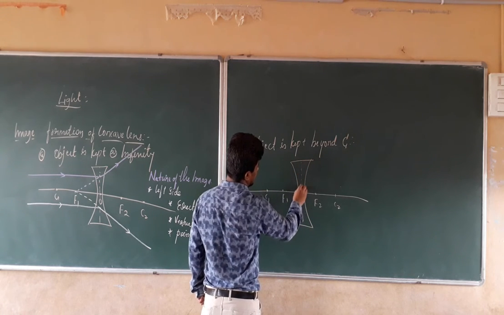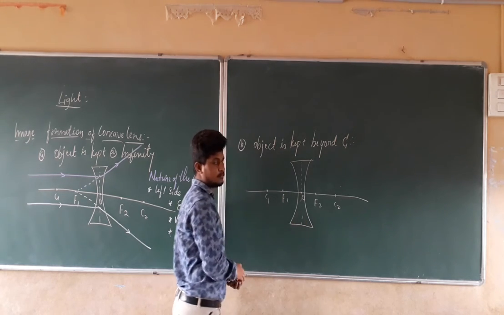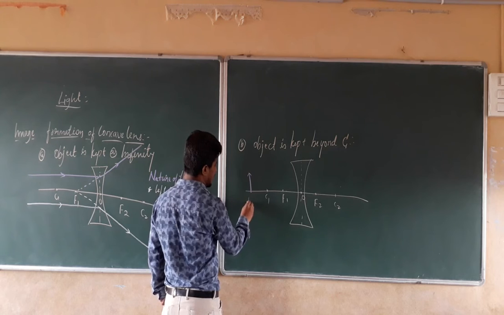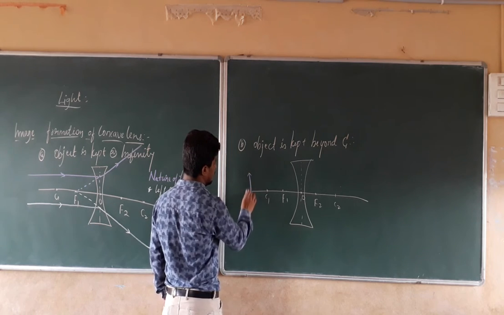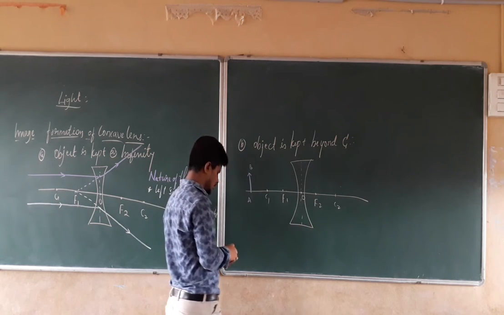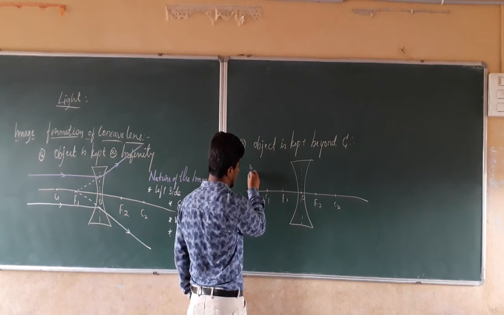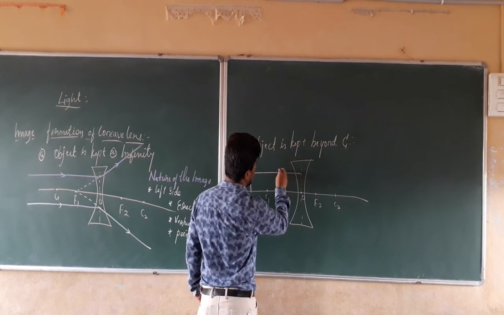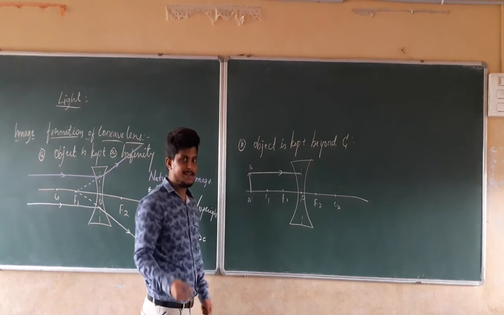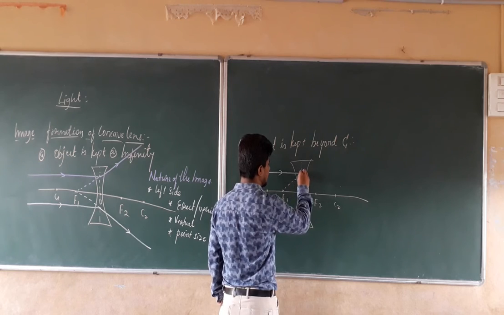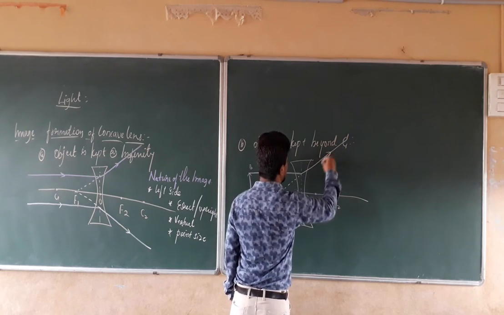Right? This will be the aperture. We are going to keep the object beyond C, that is nothing but this AB. A light ray is going to come from this point, which is going to travel parallel to the principal axis. Here, what will happen to this light ray? It tends to diverge from this point, so it goes in this direction.